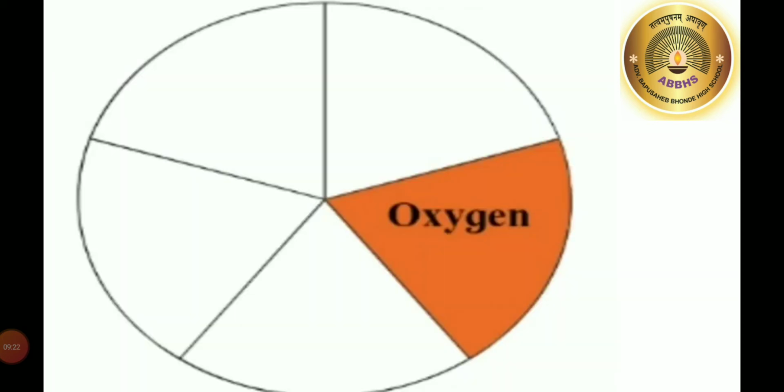The Earth's atmosphere is made of air. The circle in this picture shows all the air in the atmosphere. If we divide the circle into 5 equal parts, then the oxygen in the air will be equal to 1 of the parts. Apart from oxygen, there are other gases in the atmosphere. Which could those be? Yes, the oxygen in the air is used both for burning as well as for respiration.